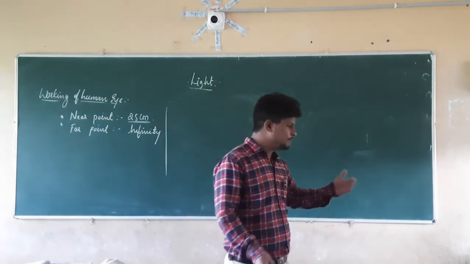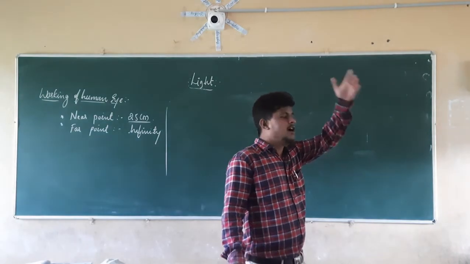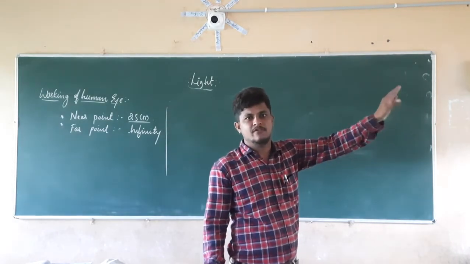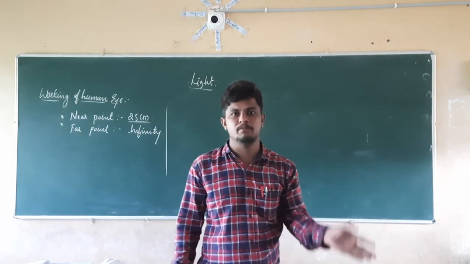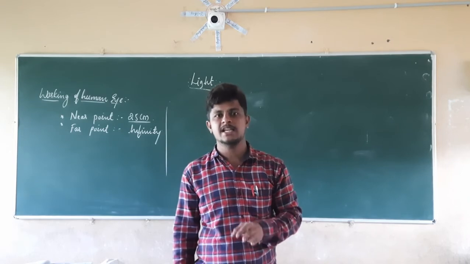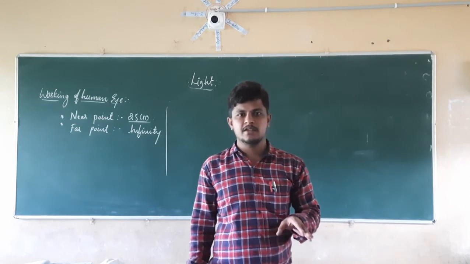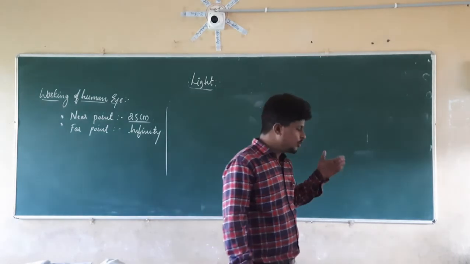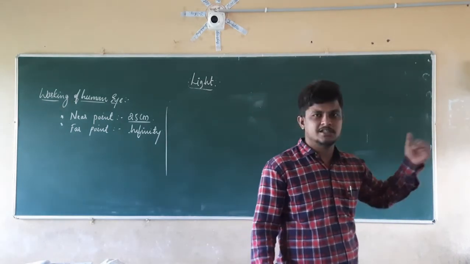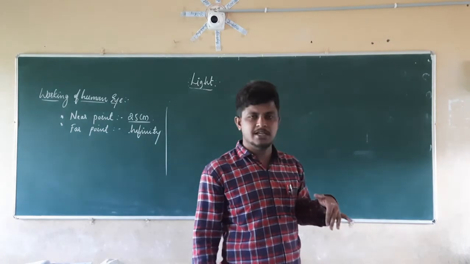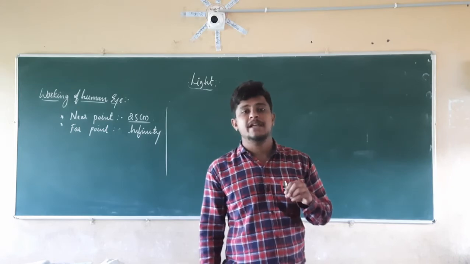In the same manner, some persons see a clear image of the near object, but they do not see the far objects clearly. For that reason, he is going to use spectacles. So this defect of the eye is known as hypermetropia. In the same manner, in some persons, the aged persons, they do not see the near objects clearly, as well as the far objects clearly. So if he is not seeing the near objects as well as the far objects clearly, then that defect of the eye is known as presbyopia.